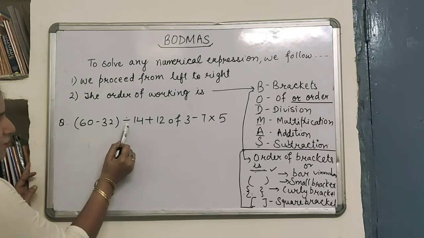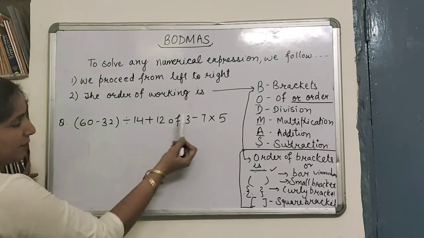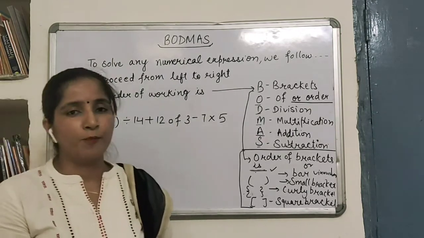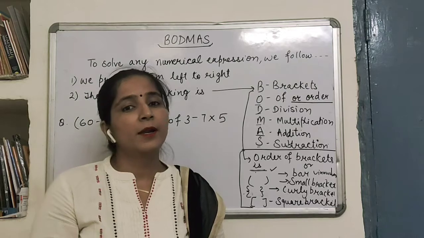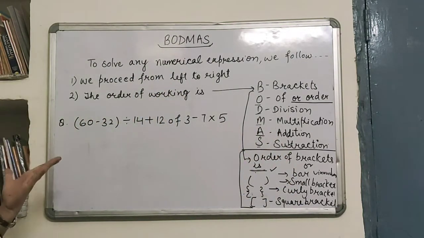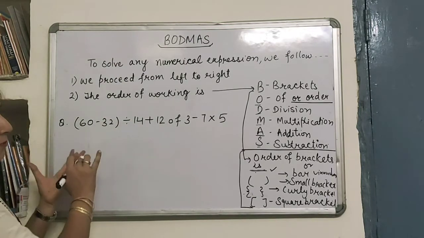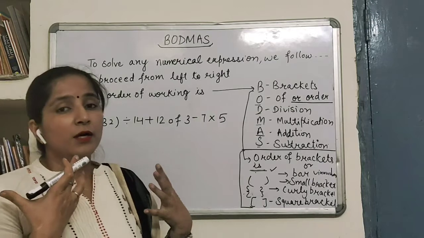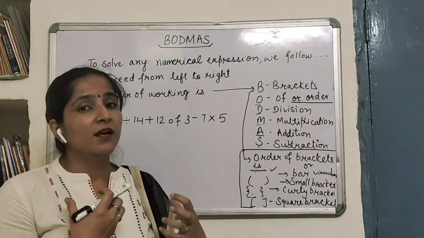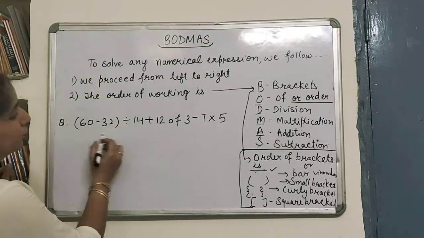You can see subtraction, division, addition, subtraction, again there is multiplication, and one more, that is of. So there are different kinds of operations between the given numbers. And if we want to solve it, what do we need to do first, either division or of or plus or subtraction? So to solve this numerical expression, we have certain conventions, certain rules to follow.